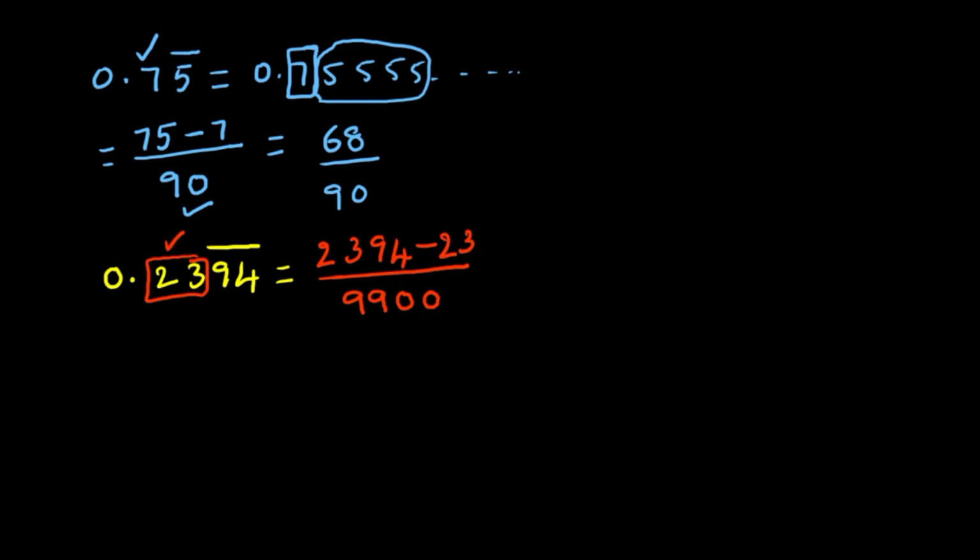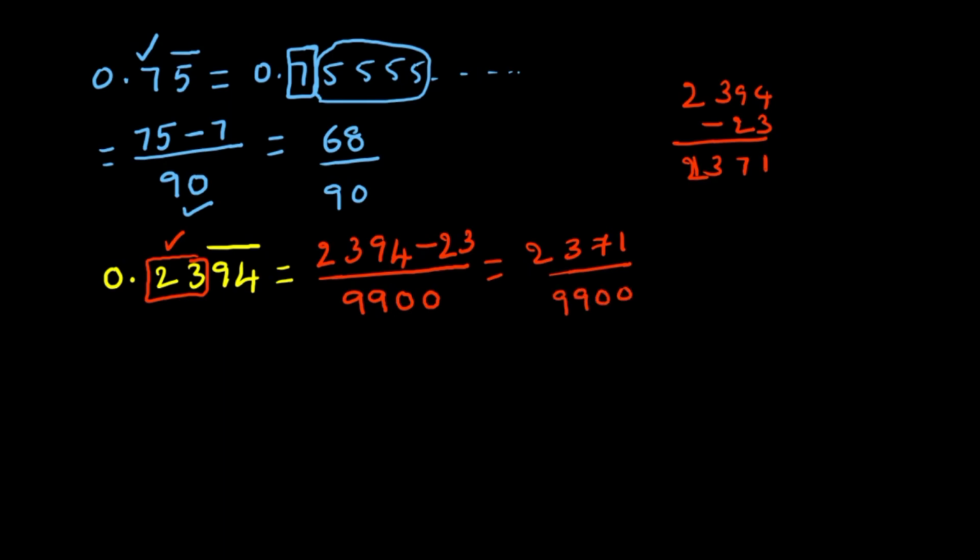Then if you subtract 2394 minus 23, what will you get? 2371, sorry, 2371 by 9900. Yes, after this, cancellation is possible if there is a common factor. So this is the method to find